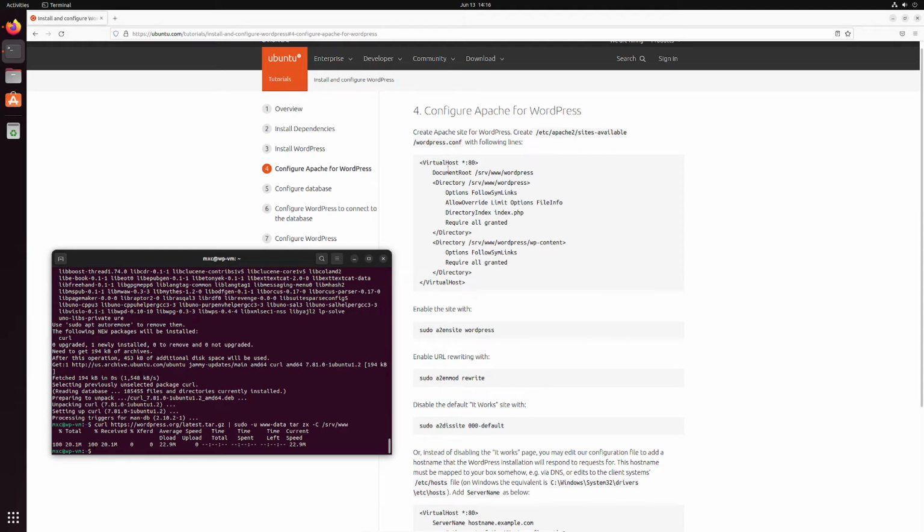And if we read the instructions, it says create Apache site for WordPress. All right. So the first thing we're going to do is create this file. It's not clear in these instructions that it wants us to create a file, but we're going to create a new file. And it doesn't tell us how. It doesn't give us the command for that. So I'm going to copy that, and we can do